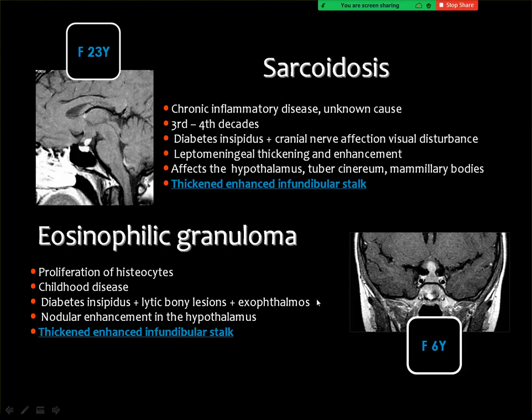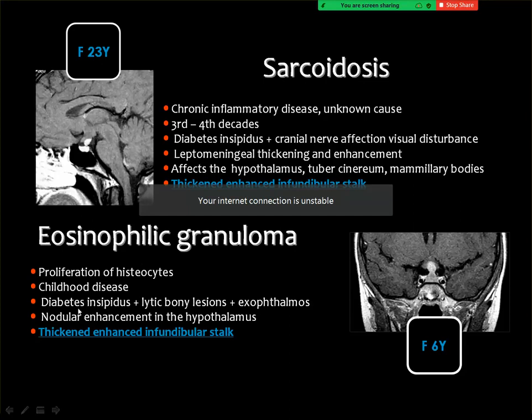The eosinophilic granuloma or Langerhans cell histiocytosis is a childhood disease, and it may be associated with lytic bony lesions in the skull, and both conditions,